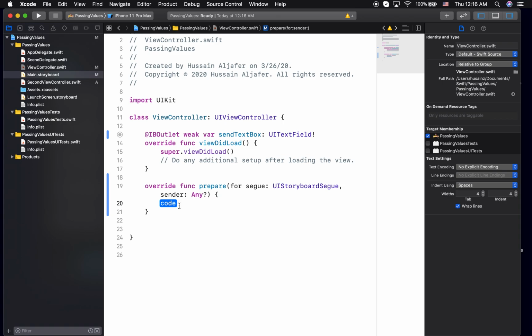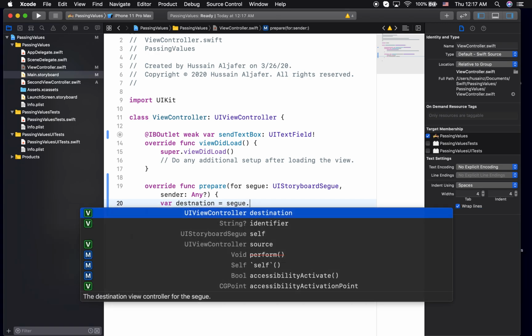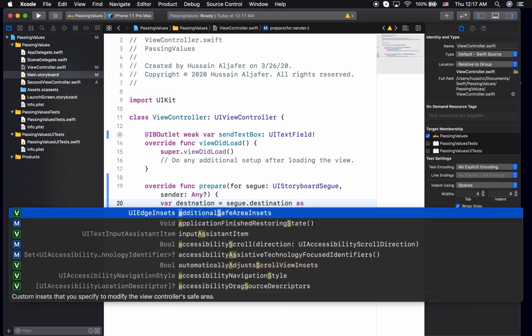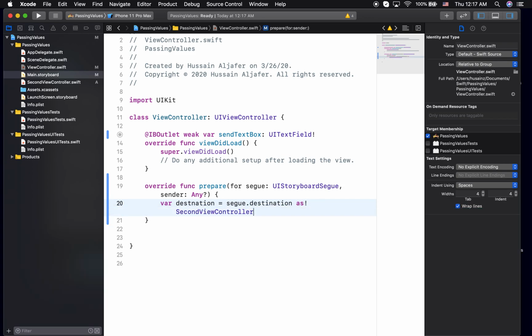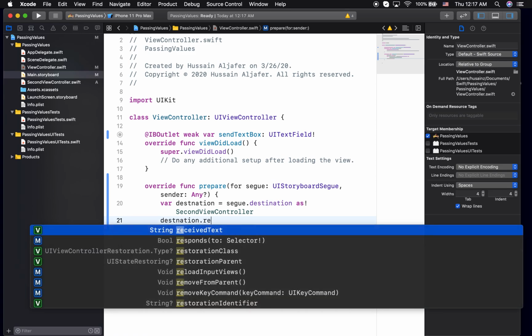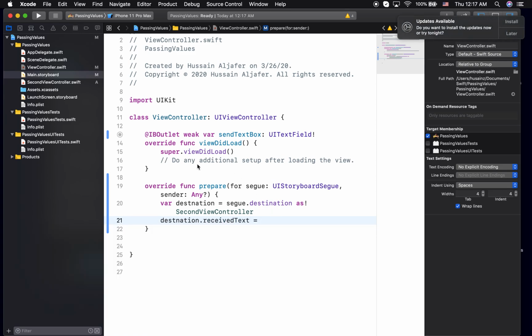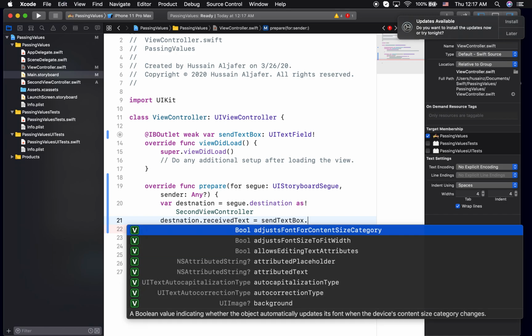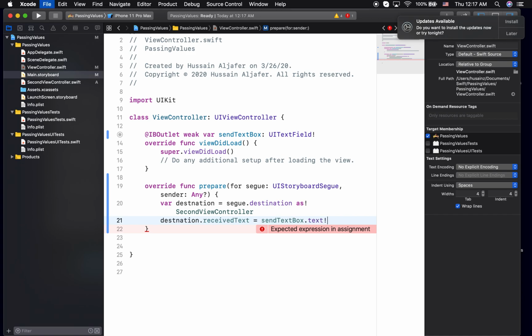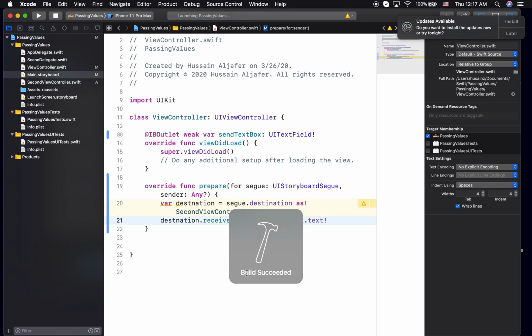So the first thing I need to do right here is to declare a destination. So I will have a variable called destination. This variable is going to be the segue dot destination, and then I will say as. So what is my destination? My destination is my second view controller, and this variable is going to allow me to access the values in the second view controller. Now I can just say destination dot receive text is equal to, remember, where did I have my text? I have it in my send text box. So this is going to be my send text box dot text, and I need to unwrap this because it's a text box,